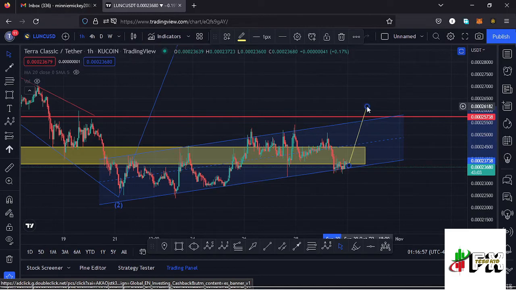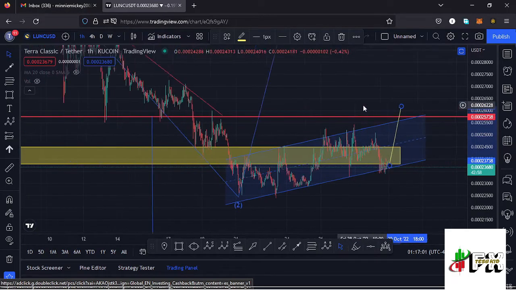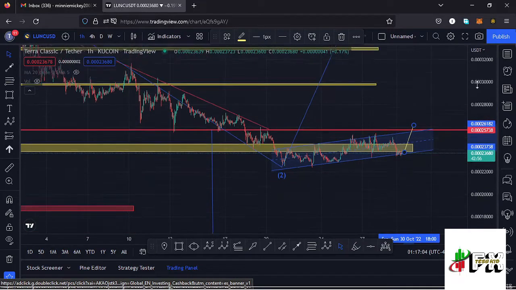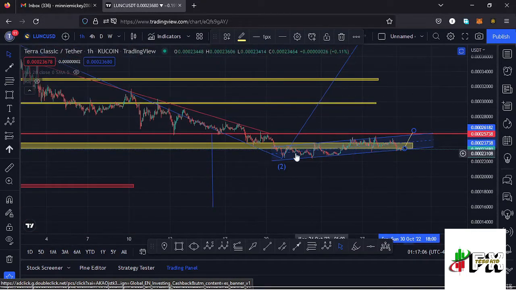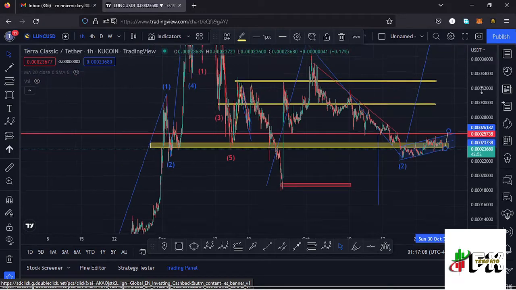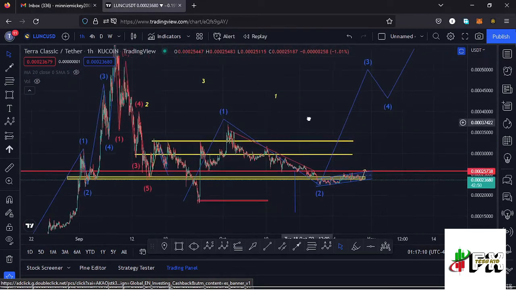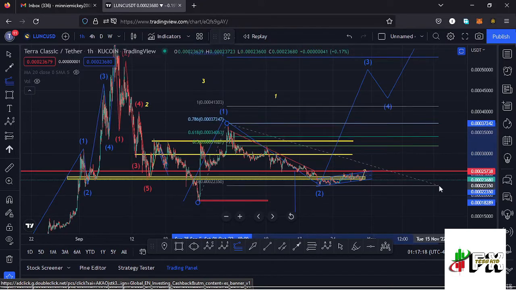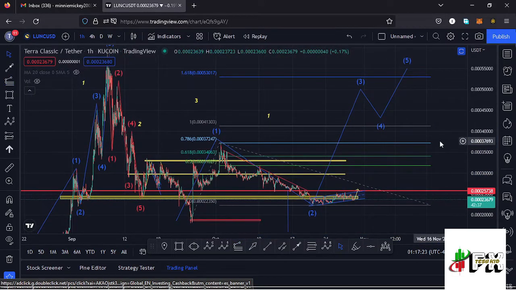And once that plays out and we continue pushing higher, there's a possibility of Lunc continuing to give us higher prices. And assuming the low is in down here, we can sketch out a minimum target area to the upper side in the formation of this wave 3, using the trend based Fibonacci, connecting it from the low of that wave 1 to the high of that wave 1, then dragging the fibs to the low of that second wave, and that gives me a minimum target area back to the fib level 1.618, and that is at around the